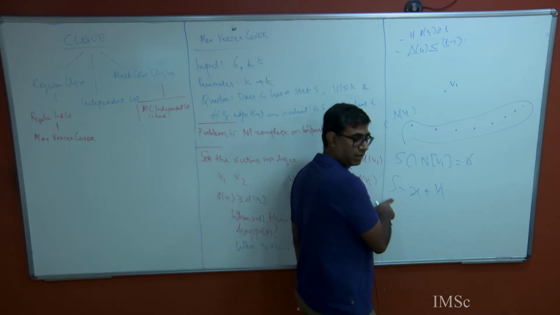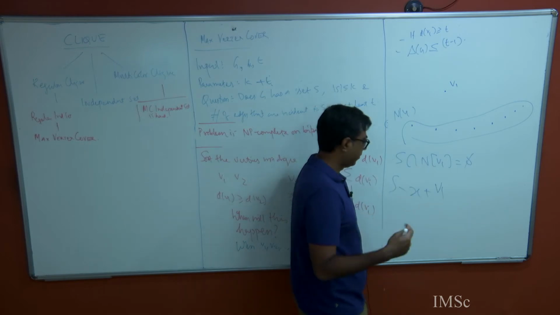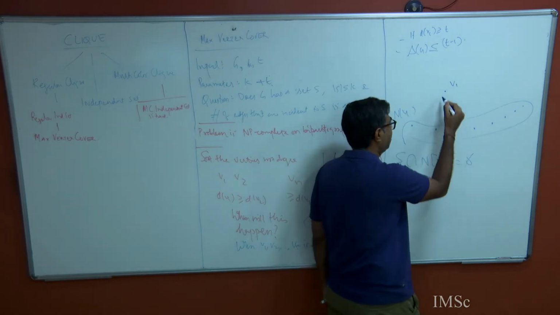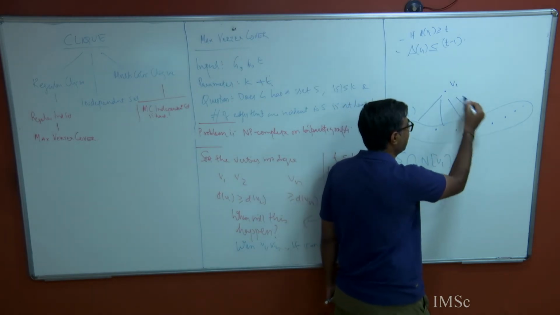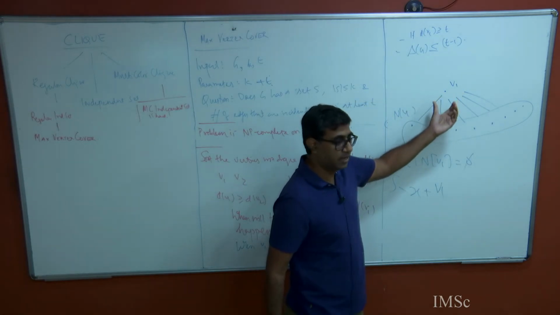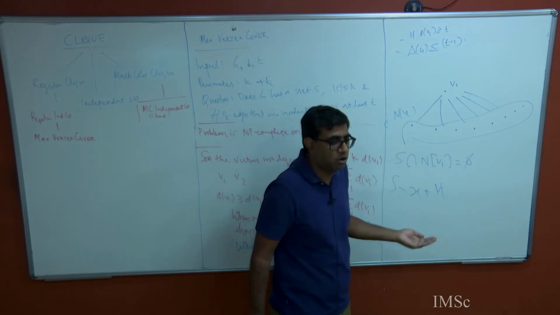See, if you are covering at least t edges before, you deleted some vertex, right? But when you add V1, because none of its neighbors are there, these edges are newly added edges, right? And since this vertex has the maximum degree, you will be covering more only. You will not be covering less,